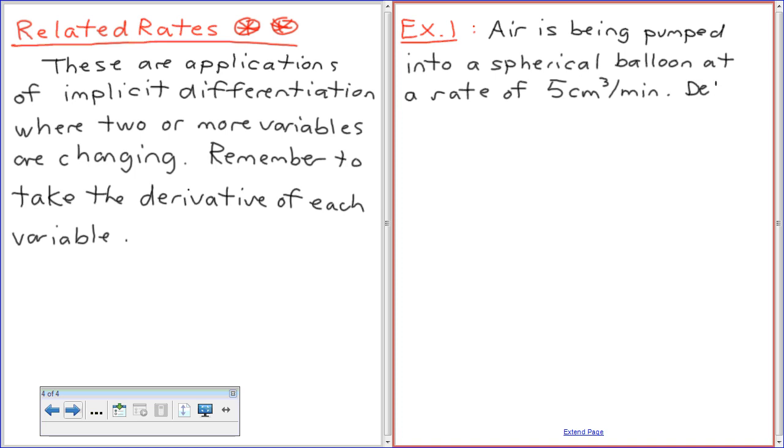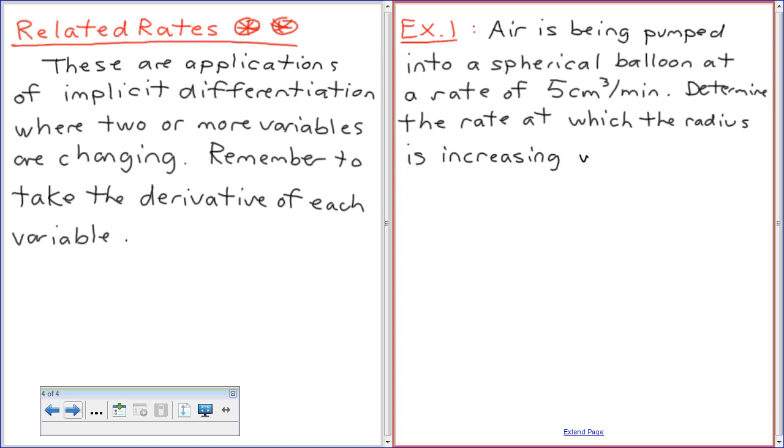Determine the rate at which the radius is increasing when the diameter is 20 centimeters. Okay, I'm going to get out of the way, give you a chance to write it down